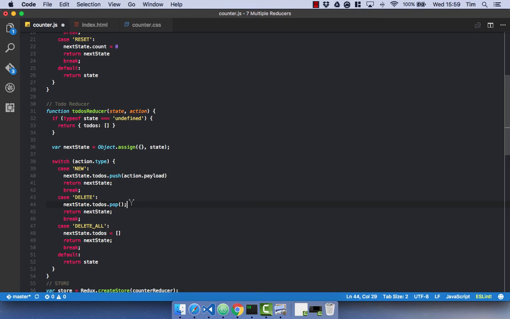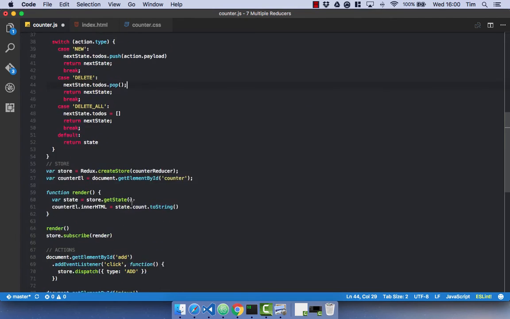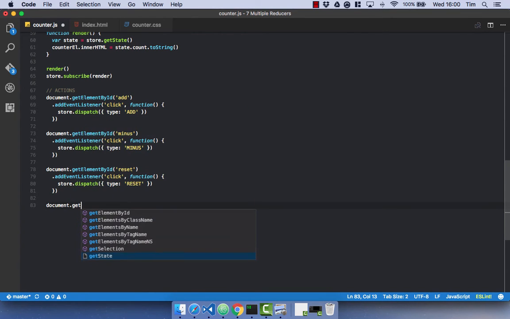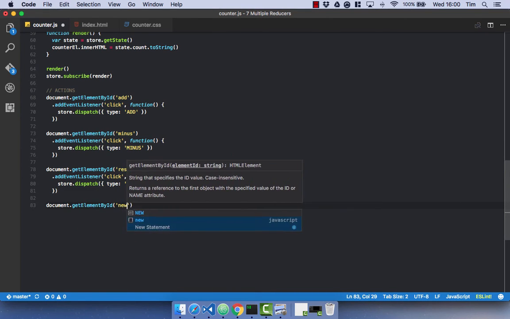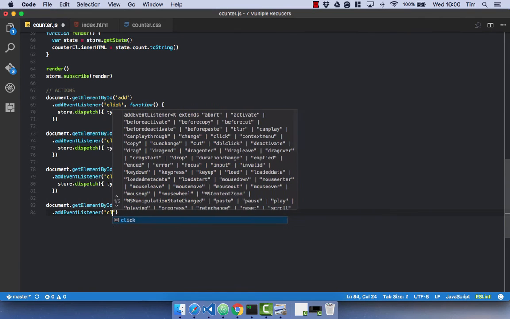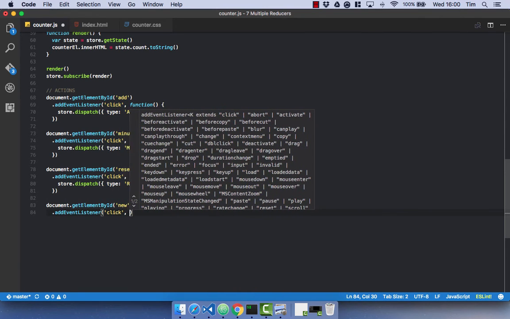We of course need to create the actions for that reducer and somehow get it into our store to get Redux to understand we have this reducer and to know to use it. So let's go ahead and boilerplate out our actions. Should be nice and easy. We've just got 3 actions. So we're going to have our document, we're going to get our element by ID, and we're going to pass in the ID new. This is obviously for our new to-do, and we're going to add an event listener for click, and we're going to pass a callback function,